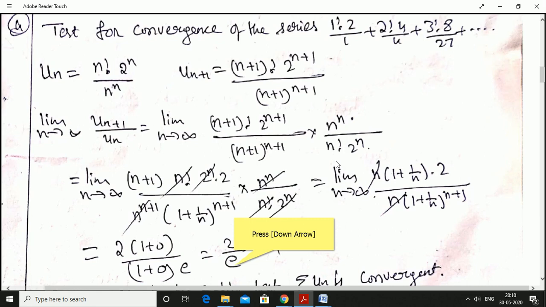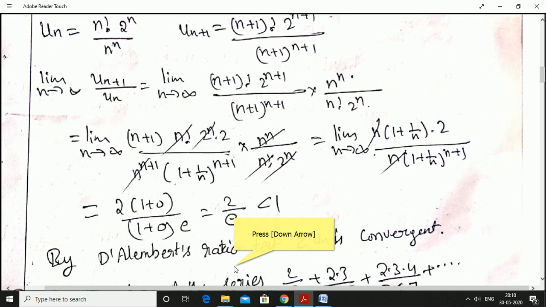2 in the numerator, and this is (1 plus 1 by n) power n into (1 plus 1 by n) power 1. (1 plus 1 by n) power n is e, into 1. So 2 divided by e. 2 by e is less than 1, because e value is 2.7 something; 2 divided by approximately 3, 2 by 3 is definitely less than 1. Hence by D'Alembert ratio test,